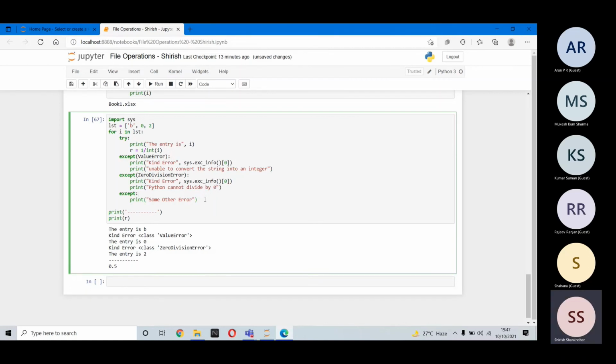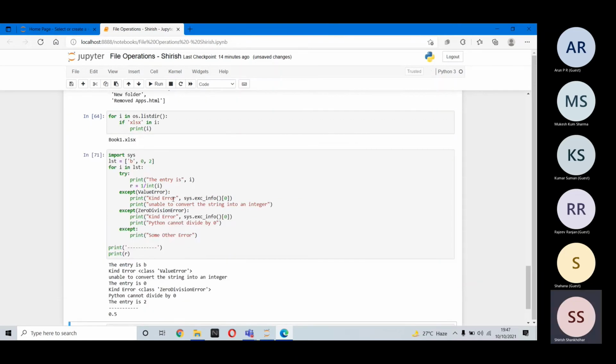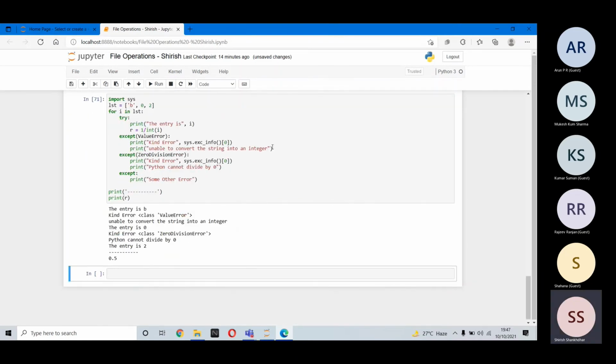And if there is any kind of different error, then you will print something like some other error, anything. Whatever you want to write. At the end, when your loop is ended, you are printing this and you are printing this. Now, when I run this, you can see